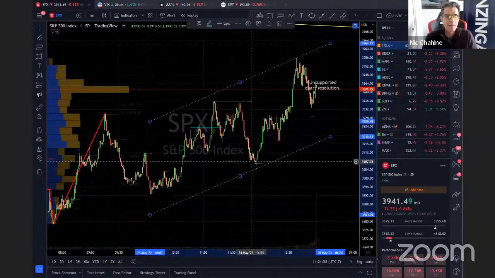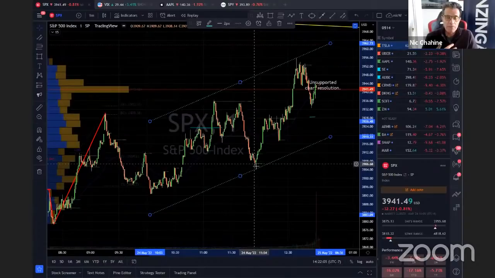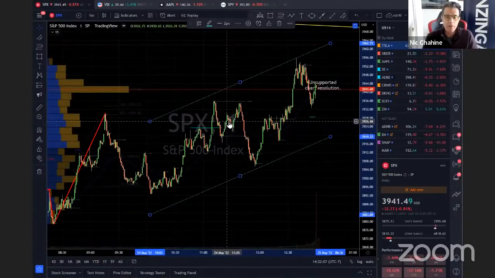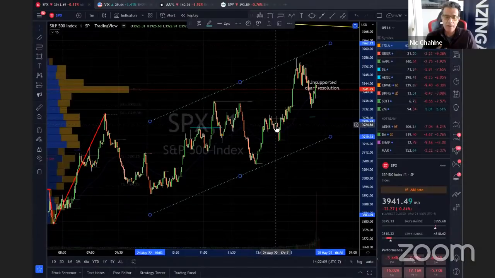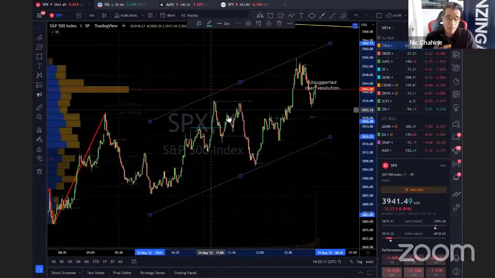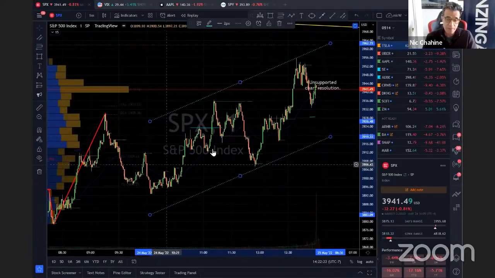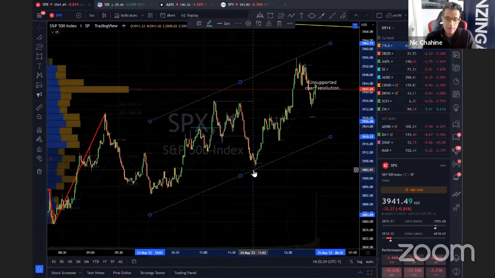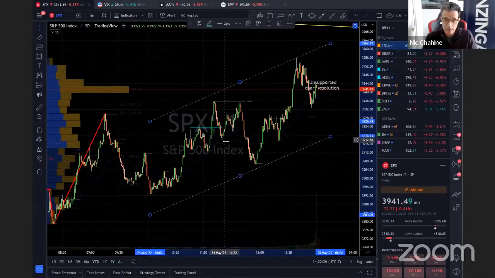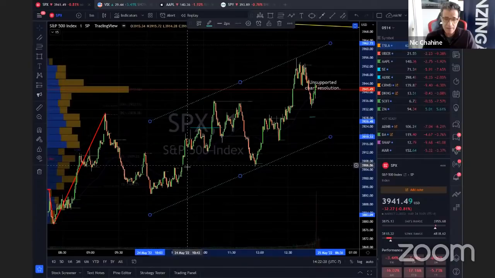So the idea is to find the levels that matter. Now go back to where you came from and you stall, that's okay. Go back to a level that mattered, that's okay. But it's all within the confines of an ascending trend. So far, the machines are still thinking buy the dip. They haven't changed over this period of time. They're still looking for levels to buy. They couldn't do it here. They failed, they did it here.